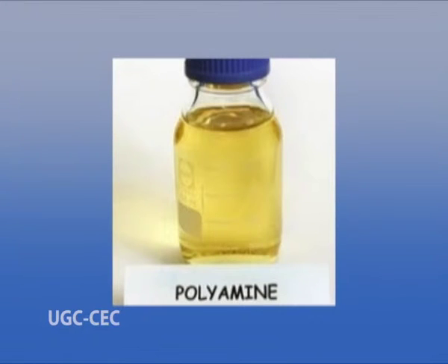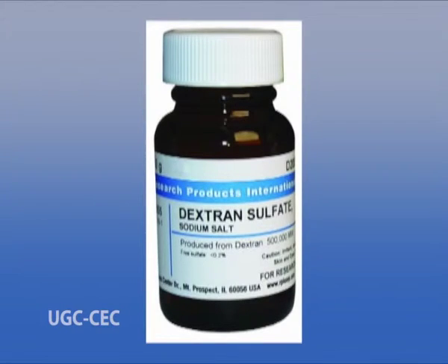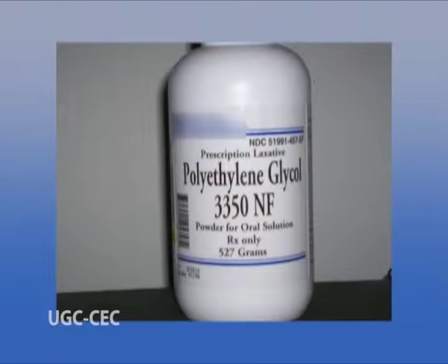In this method, chemicals are used to create transient pores in the membrane to allow DNA to pass inside the cells. Chemicals such as polyamines and dextran sulfate, etc., stimulate DNA uptake, but they also harm the cells. On the other hand, polyethylene glycol is one such chemical which was found effective and performs transformation by destabilizing the plasma membrane and allowing the DNA to pass in without harming the cells.